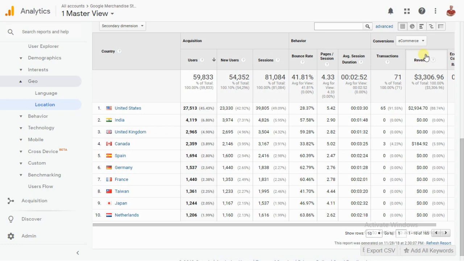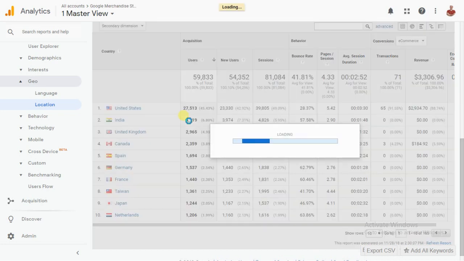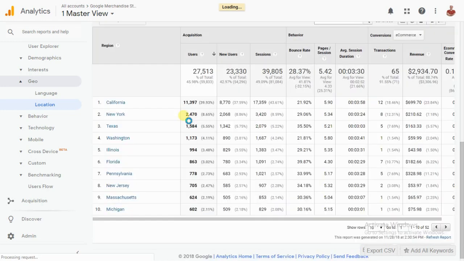You can monitor the revenue column here, and you can find new opportunities for new markets for your website or business. Or if you have a local store, a physical store, then you can monitor, let's say, within the United States, from which states or from which cities you have the most visitors and orders, so you can maybe found a new branch of your store in a specific city, let's say California, New York State, Texas,